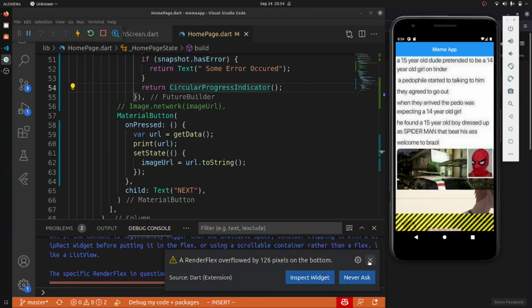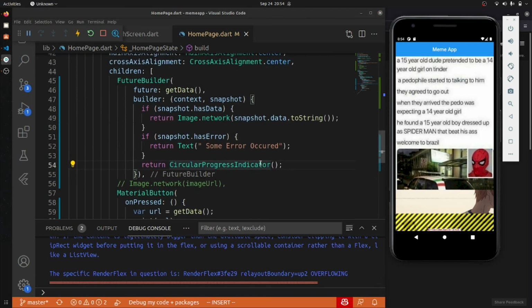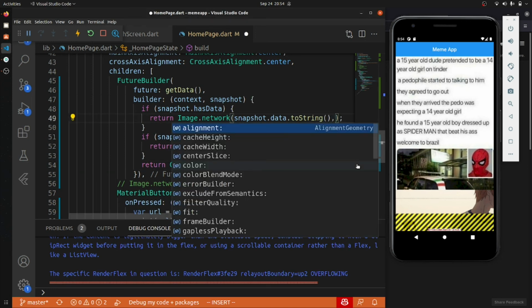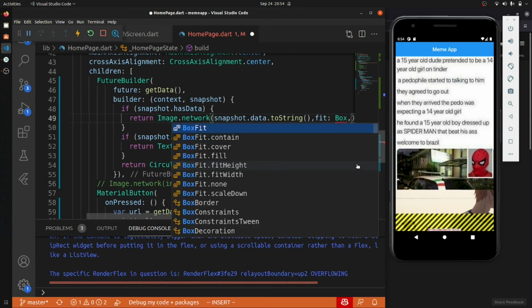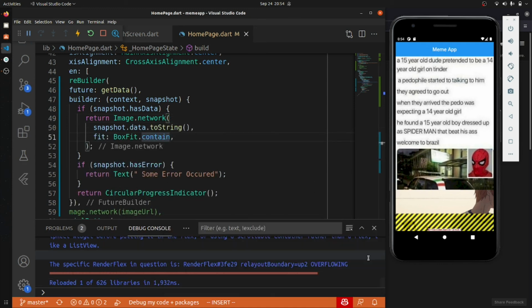So we have to take care of this thing. We can add this BoxFit dot contain. We got that button.